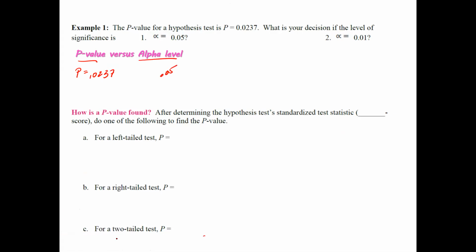Now, I always taught my kids, like my own babies at home, that if you're looking at inequality signs, think of it as an inequality sign that's always going to want to eat the bigger number. So in this case, it's going to be like this, okay? So in which case p is less than or equal to alpha, and we reject